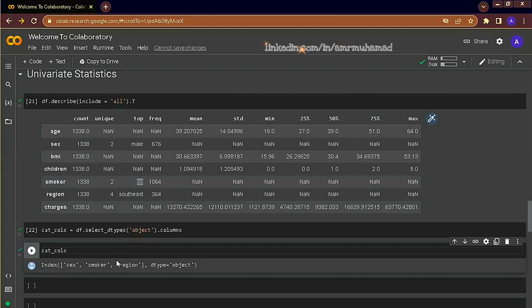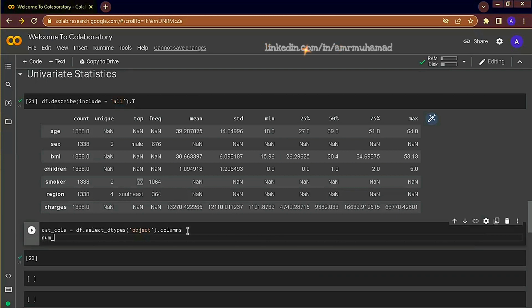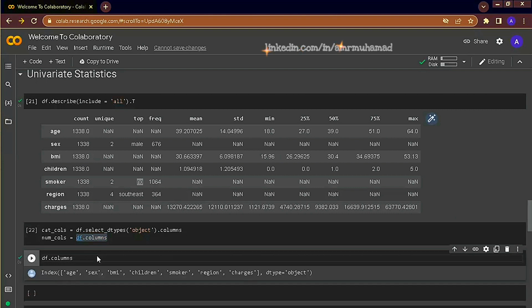So if we want to identify the numeric columns, we will just select all the columns that are not included in the cat columns. So if we call df.columns separately, it displays all the columns. Okay, so this is a list.